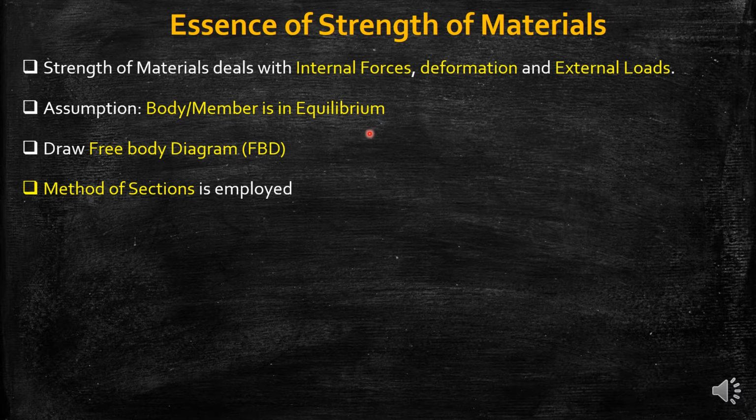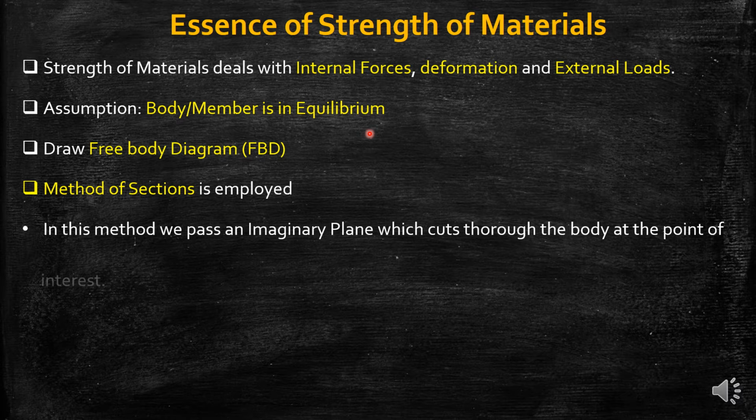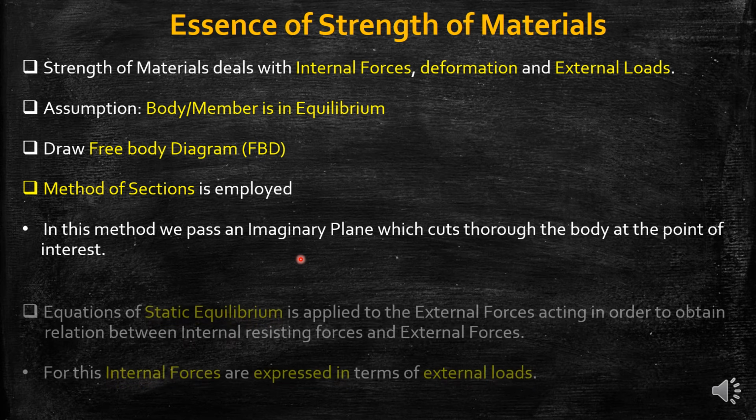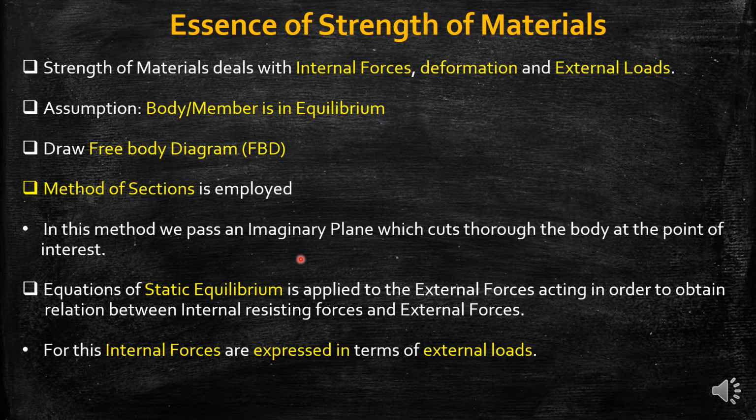After that, we have to use the method of sections. In this method, we pass an imaginary plane which cuts through the body at the point of interest. Means we take a plane such that it cuts the body into two halves or more than two halves at the point where you want to find out the internal resisting forces. After that, we have to apply the equations of static equilibrium